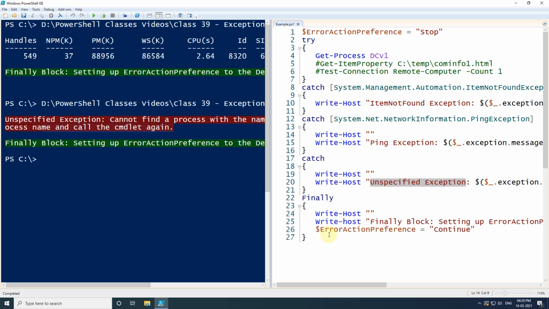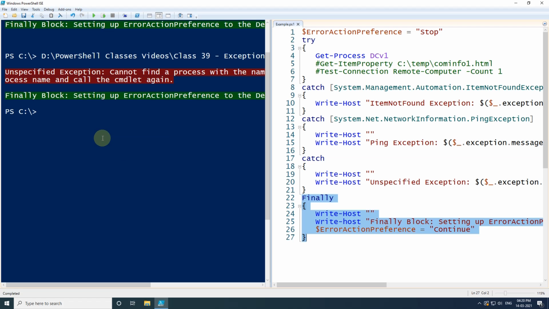And after that the finally block also got executed, and whatever I had written in the finally block also got printed on the screen. So we are seeing here that the finally block got executed in both cases: in the first case when our command ran successfully, and in the second case when we got an exception.